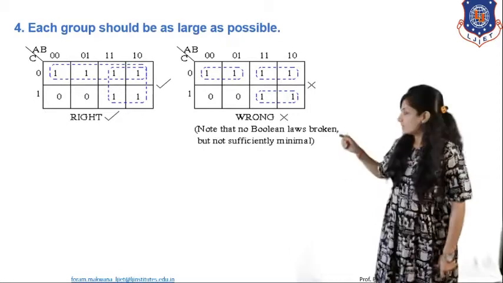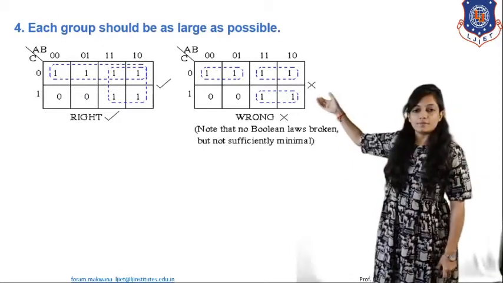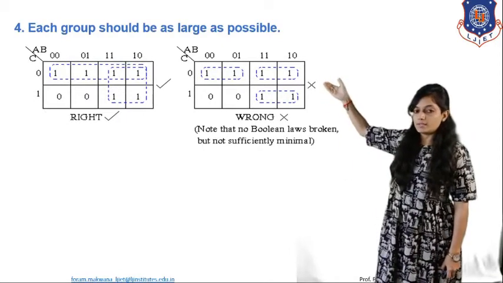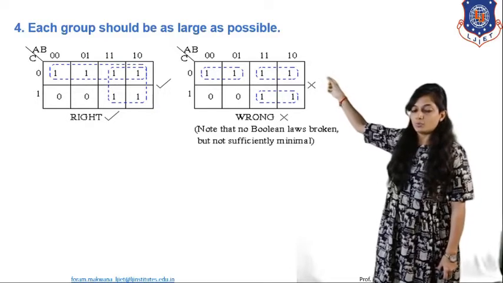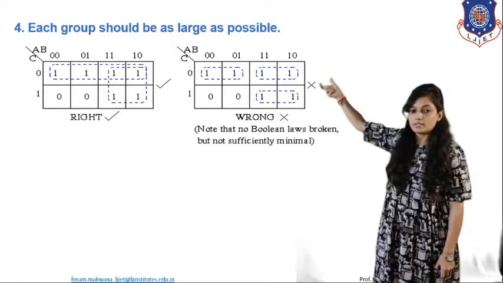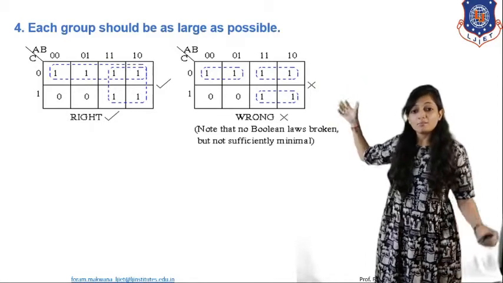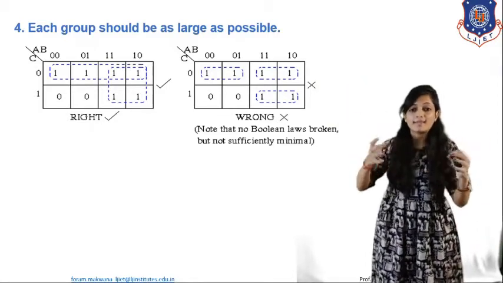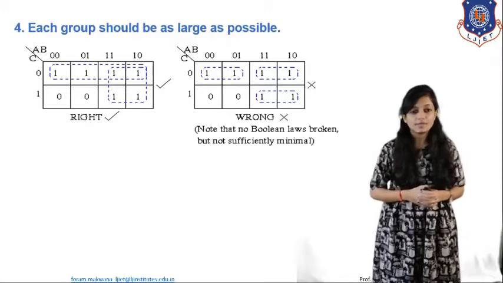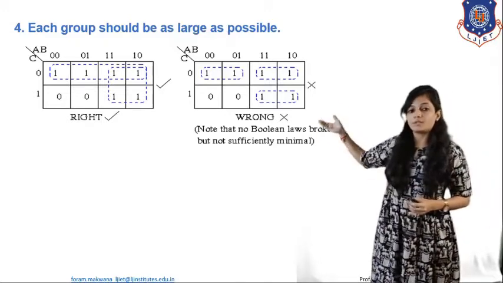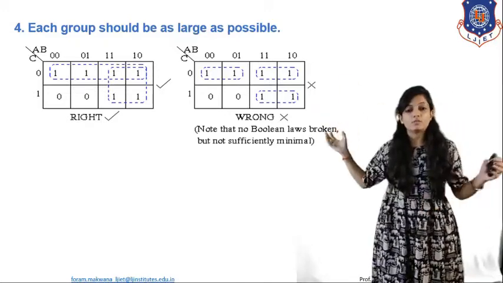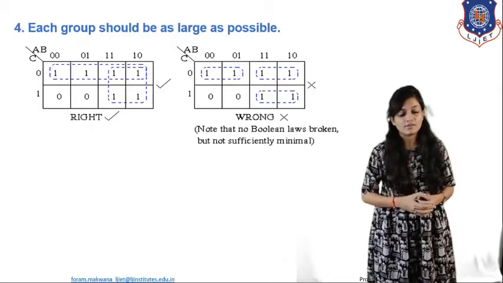How? You can see over here, this is the wrong one. That means I have made groups of 2 ones: 2, 1, then these 2, 1, and then these 2, 1. If it is possible, we can combine or merge a maximum number of ones, right? So this is the wrong one and the first one is the right one. We need to collect all the ones, right?